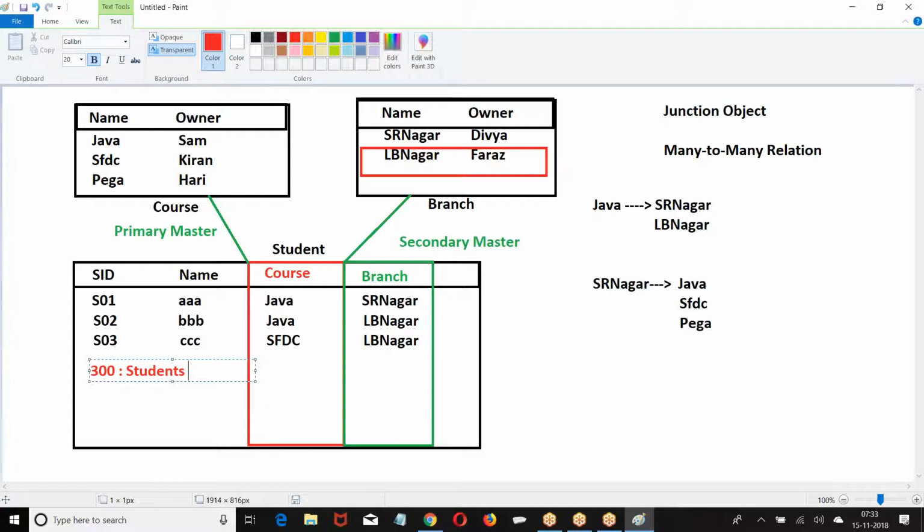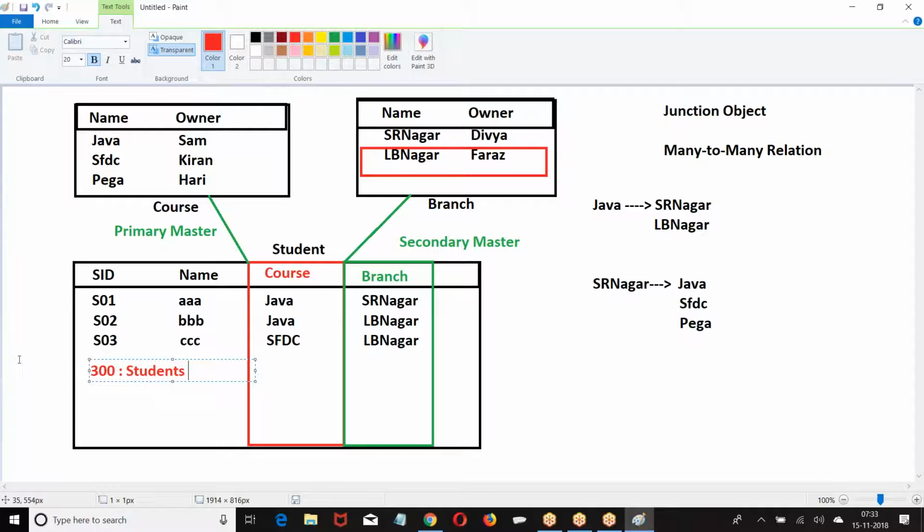I hope you are good with this. Clear for everyone? Let us summarize all the points. I said 200, then I gave 300. Okay, 300 is more than 200.